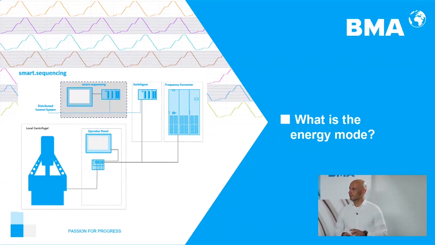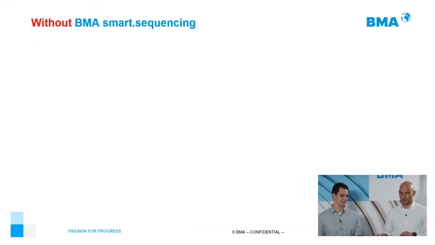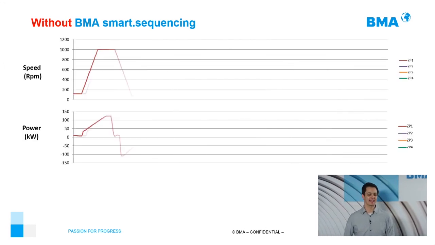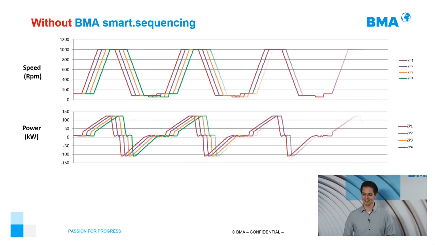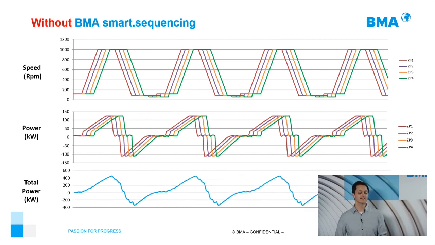So you talked before about the production mode. Of course, we are also interested in the energy mode. The energy mode, which is one of my favorites, is again showing some graphs. Yeah, this is really important as I am an engineer. So we have here the speed and the power graphs, and we can see them together. What is happening is the first machines are again starting, and we see that all the machines have peaks in the power. And at the end, in the transformer and the turbine, you will have the sum of all these peaks. Yeah, and we can see it here.